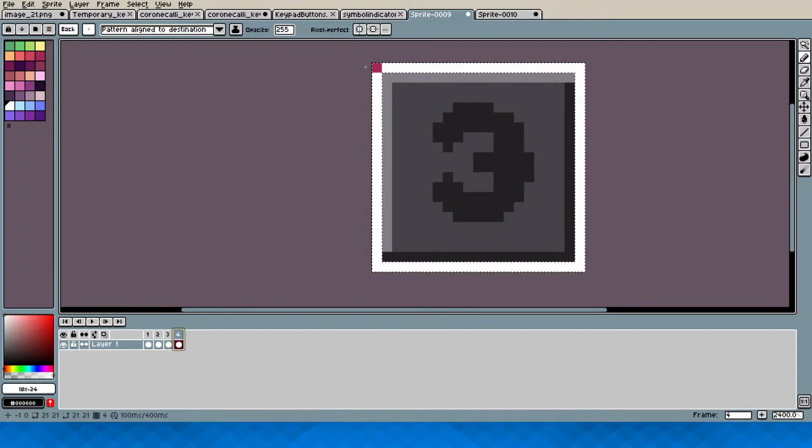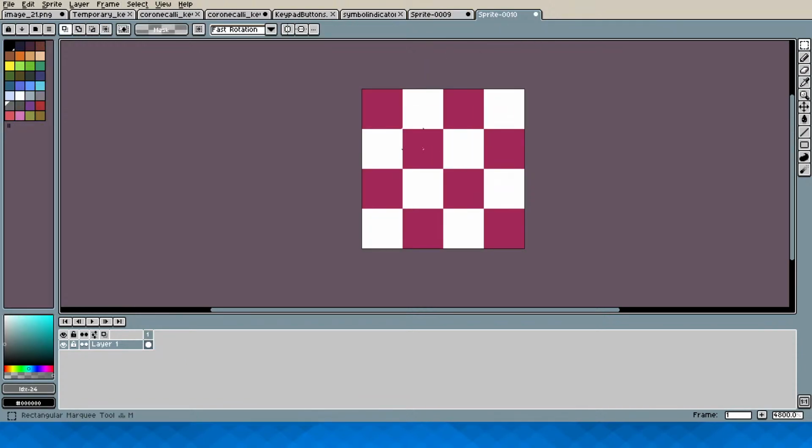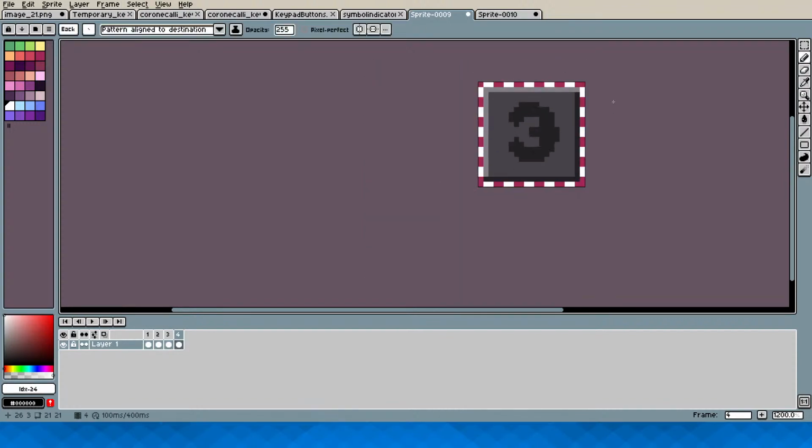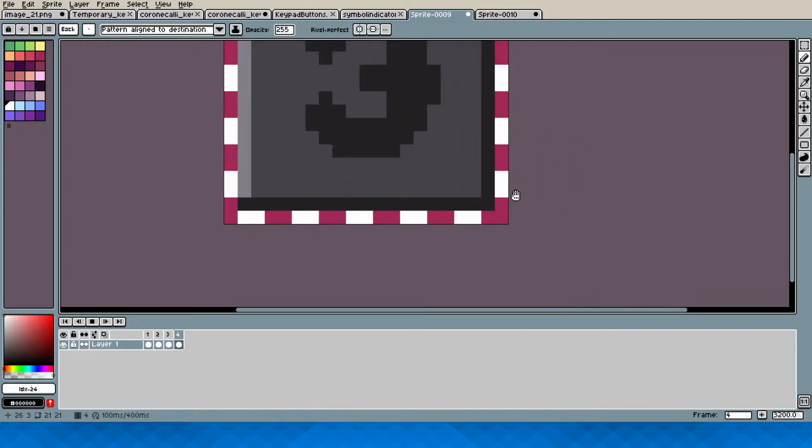Wait, that's offset wrong. I need a different pattern offset. Right, so like this. I think that works. Yeah, there we go. Finally.